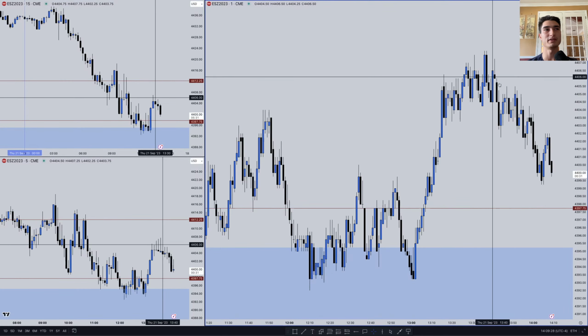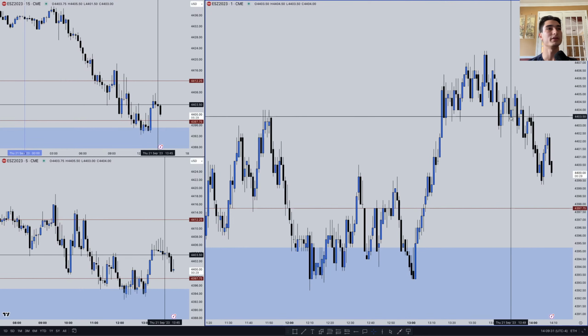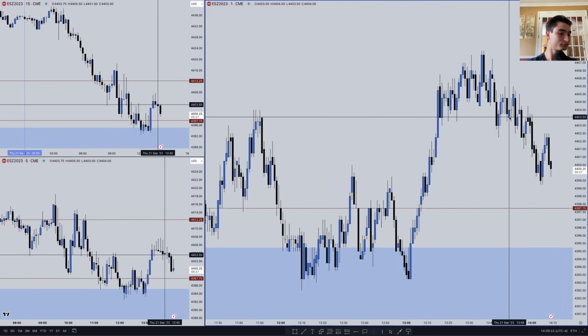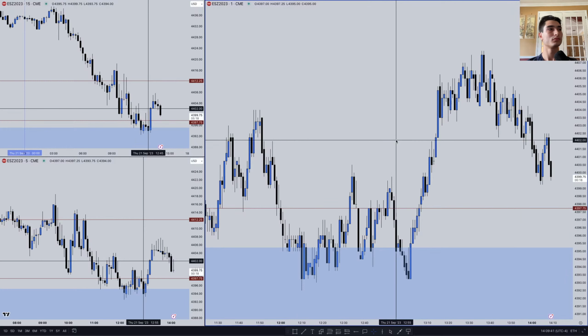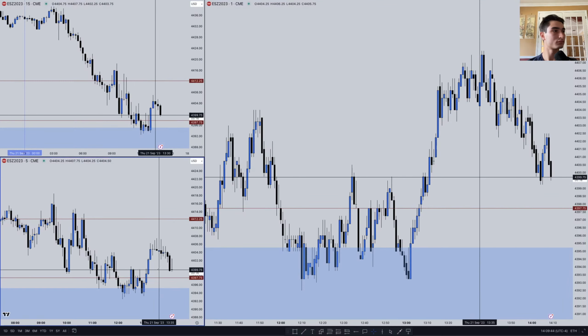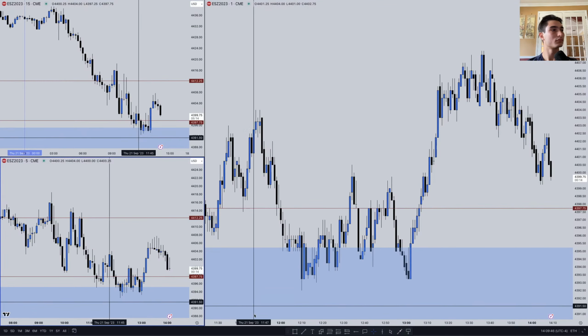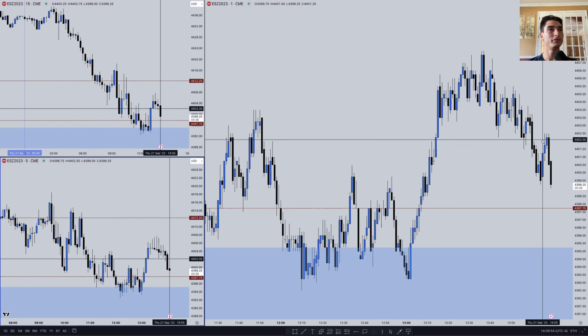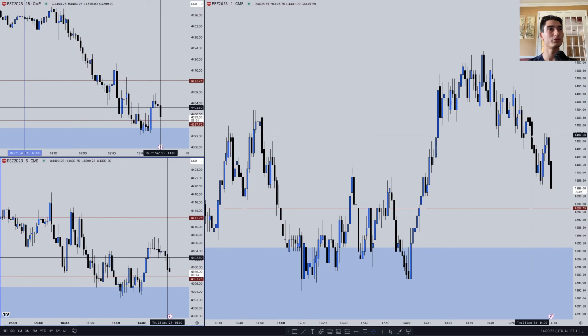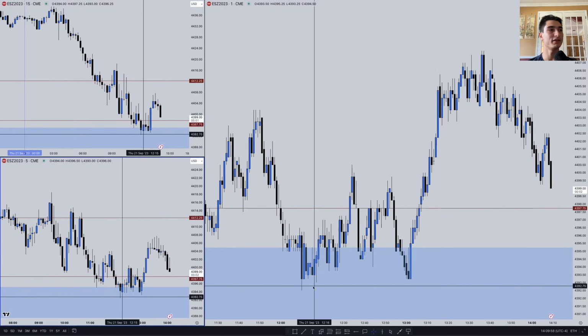So we're still seeing that bearish order flow on the 1 minute chart. All right, so violating this down close candle, respecting this fair value gap, my attention goes to the equal lows